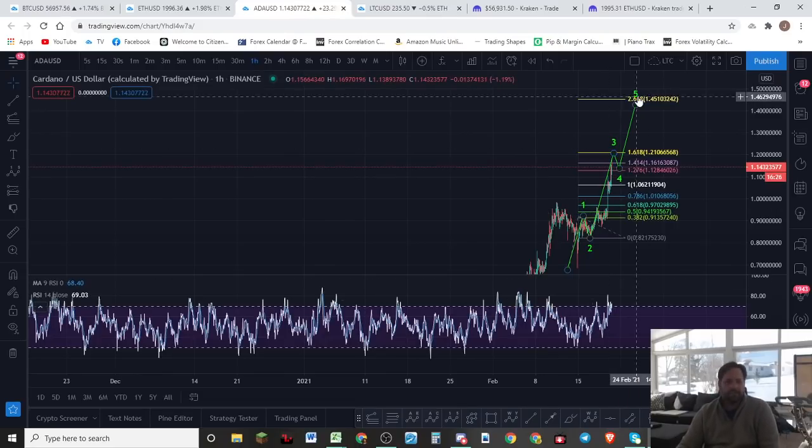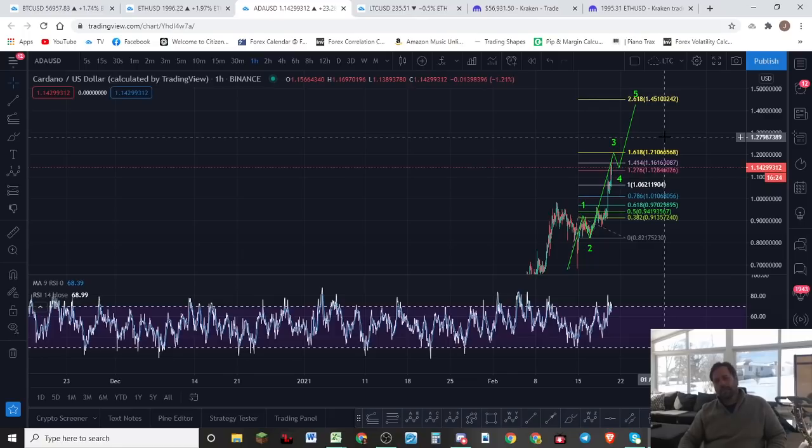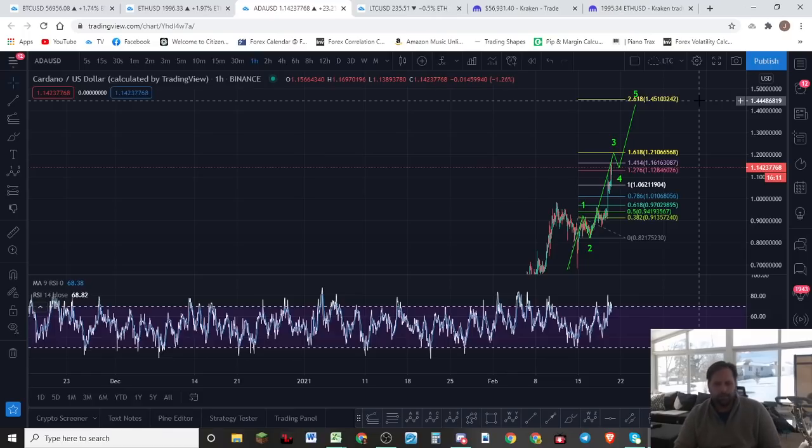Guys, it doesn't have to finish the 5 waves. A lot of times, the 5th wave, crypto likes to end in 3 waves a lot. So you got to be careful, guys. Care and caution, not greed. That's the emotion you need to be focusing on. Care and caution, but greed, you need to set it aside. Take your profit. Your profit is not yours until you take it, guys.